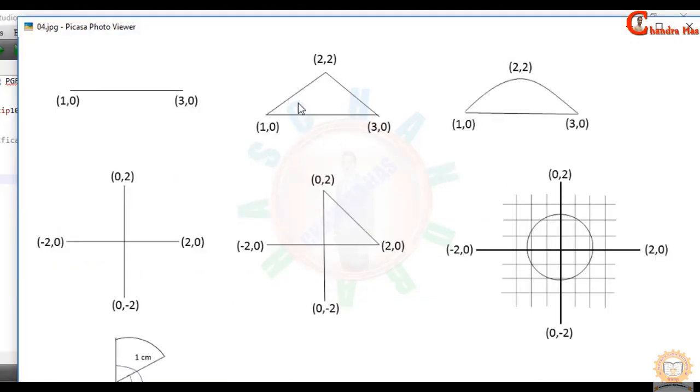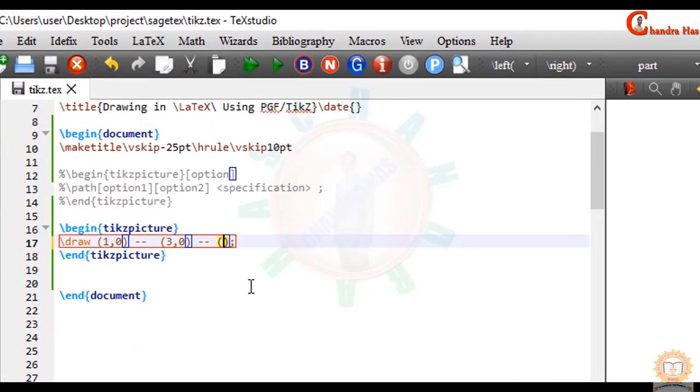In the next I want to draw this triangle. So it's very simple. We can start from this point and continuously go to this point, then this point, and then this point, or we can use cycle option after this point. Okay, these 2 points we have already connected, and now we can start from here and then go to this point and then this point. Okay, and here again that starting point will come. Alternatively, we can use here cycle.